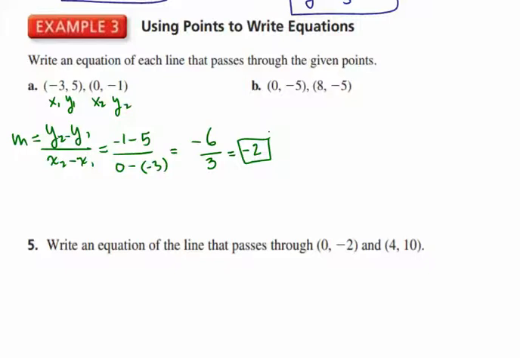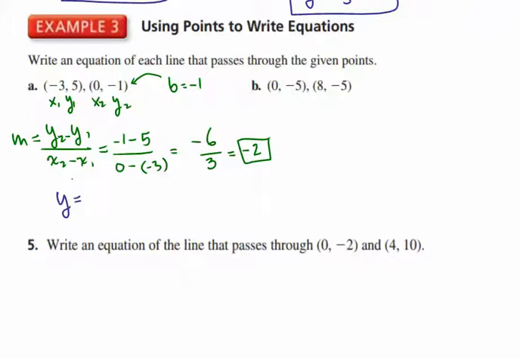Now, we're not told what the y-intercept is, but you recall that the y-intercept is the point on the graph where the x-coordinate is 0. So b is equal to negative 1 in this case,